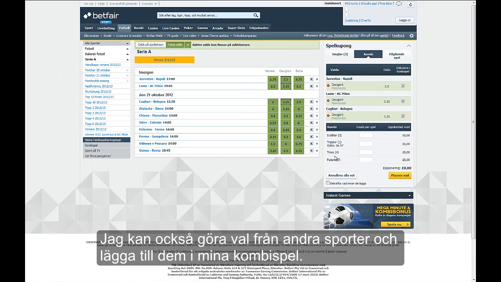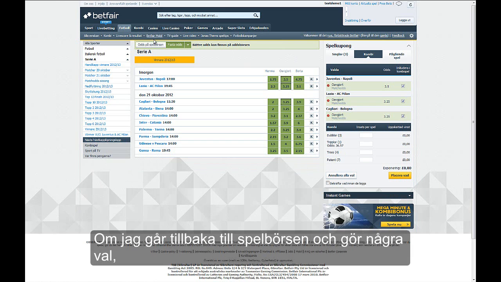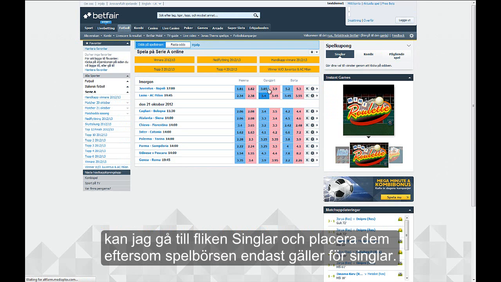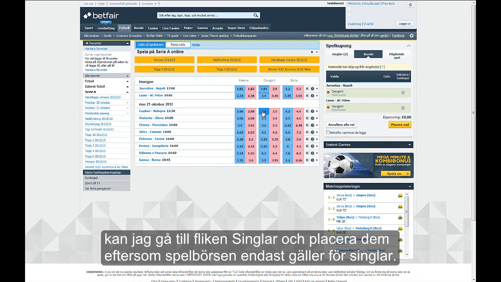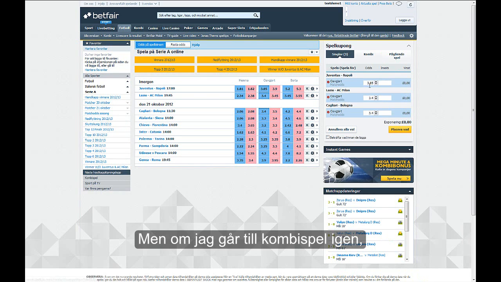I can also add selections from other sports to add to my multiples. You don't have to view the coupon in fixed odds to place a multiple. If I go back to the exchange and then I add some selections, if I go to the singles tab, I can place them as exchange back only singles. But if I go to the multiples tab again,